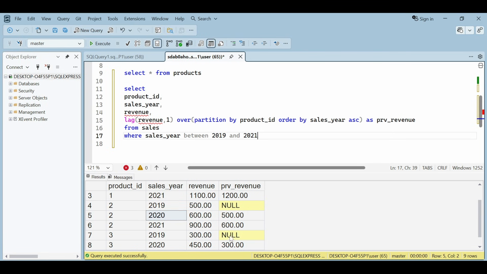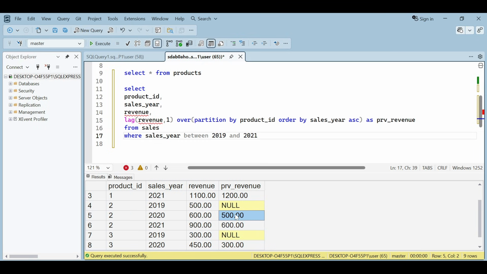Yeah, so we have the previous year revenue in this column. Now what we have to do is identify the products in which case the previous year revenue was greater than the current year revenue. If we can identify such products, then we can exclude them from this data, and we will preserve only products whose revenue increased year over year, right? So what we will do